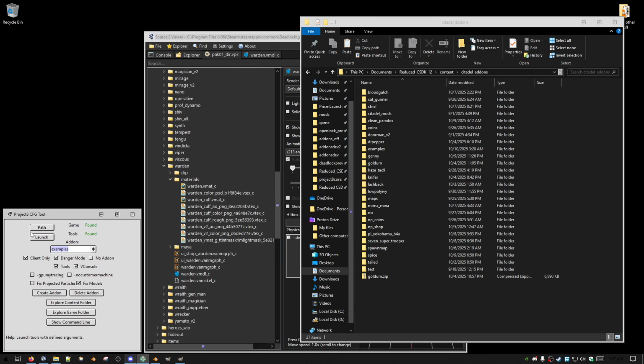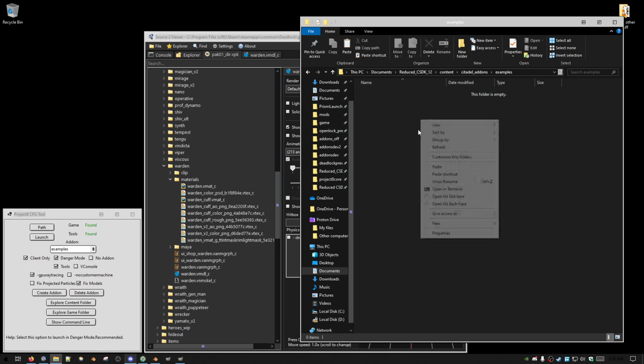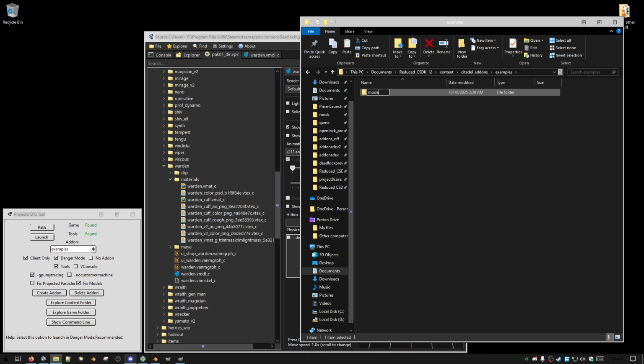So in my project date CFG tool, which you use to launch CSDK12, I've created an add-on called examples. And so when I launch in the add-on, it's going to use this add-on folder as where it's referencing files. You can launch in no add-on mode, but it's recommended that you use the add-on format because it makes the most sense. So here in our Citadel add-ons folder, we'll create a new folder, models,